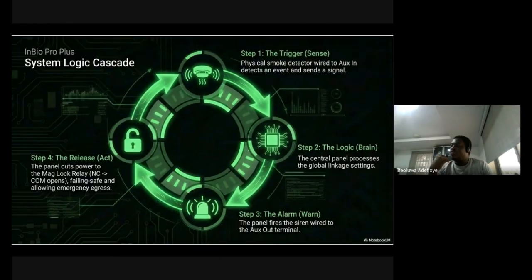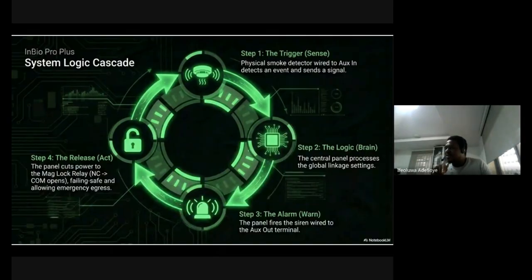Let's take Siemens for example. Siemens control panels already have the auxiliary out. The out is what triggers the sound. Pam, pam, pam, pam. But you now want that once there is any incident, the alarm should trigger the auxiliary